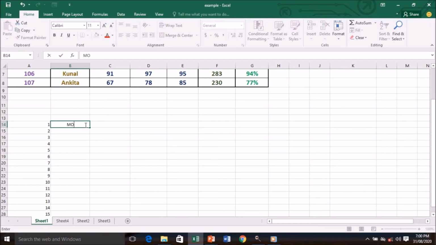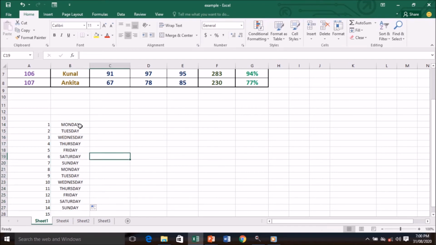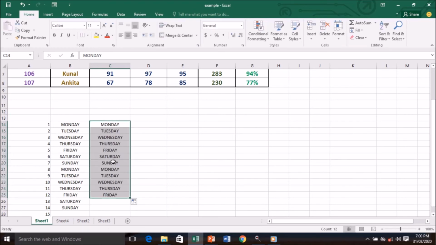I'll repeat it again. Now I'll write MONDAY, Monday, and we will hold it from the corner and drag it down. See, the difference is: when you write a word like Monday, you only need to write Monday, that's all. Now take the mouse to the corner and drag it down. Automatically the days will come up.